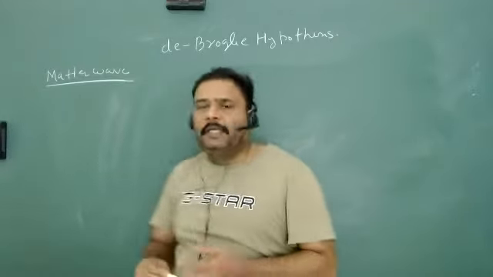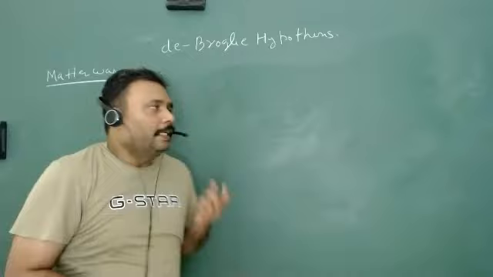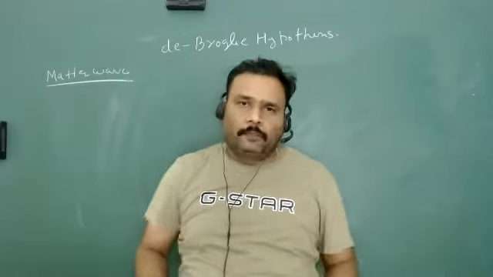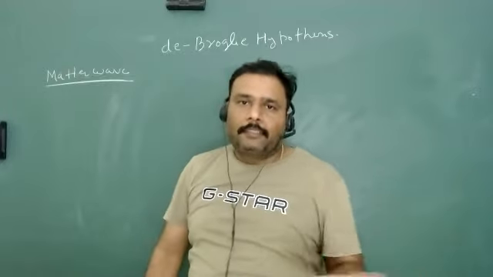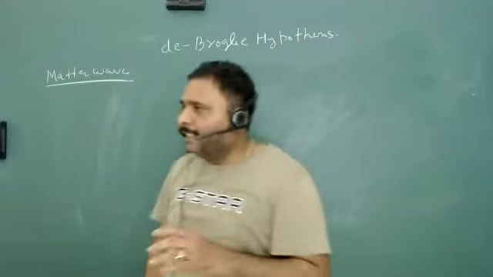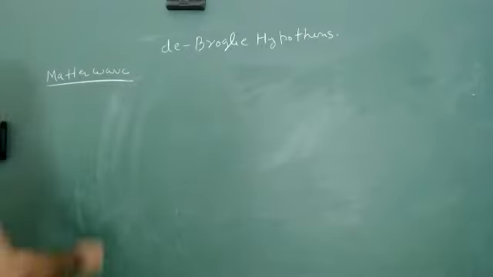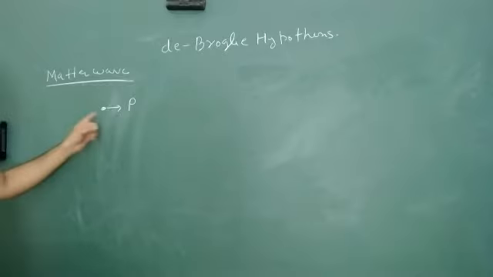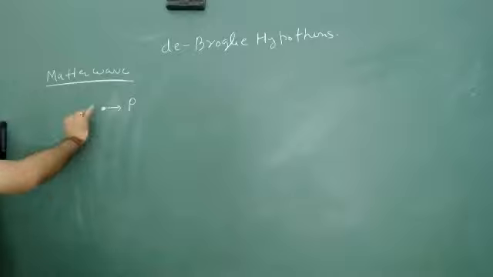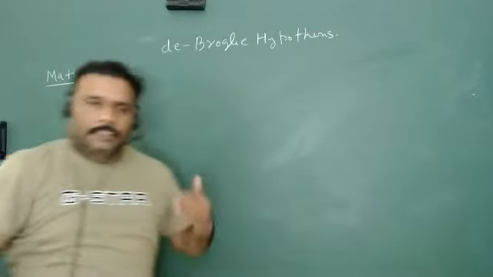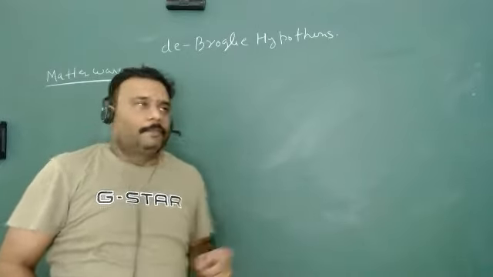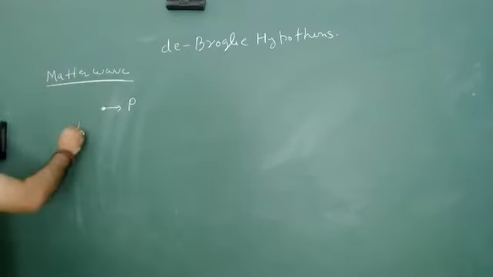He said a very exciting thing. This is applied at the microscopic level actually. But yes, you can go for the macroscopic level, but that is not significant. He said that if there is any particle which has momentum, there is an associated wave. What is the meaning of momentum? It means it is moving. The particle has some kinetic energy, then only it has momentum. So if a particle has some momentum, then there is an associated wave.